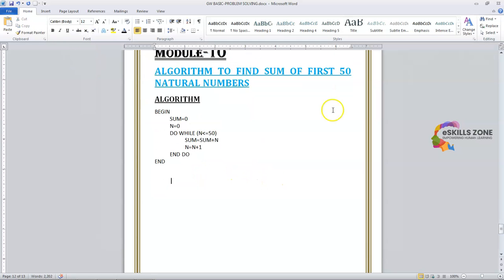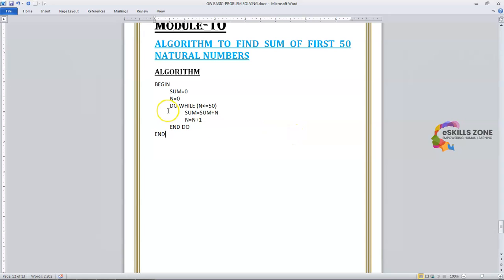Here you can see that the first line I wrote is begin. This begin is a keyword which is used to show that this is the beginning of the algorithm, the first line from where we start the algorithm. The algorithm must have a start and must have an end. So on the first line we write the keyword begin, which denotes